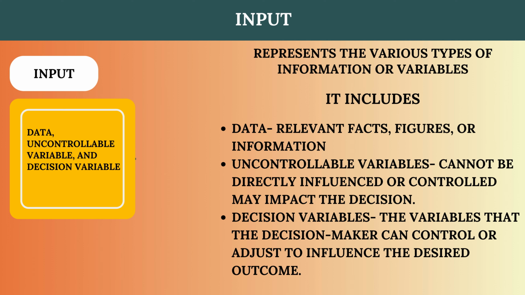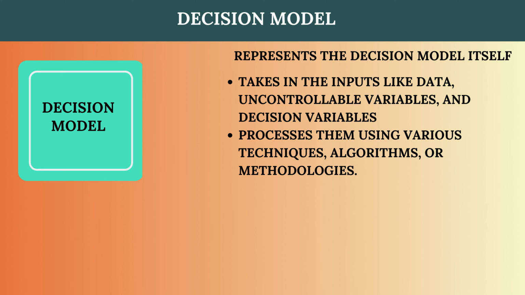Uncontrollable variables are the factors that cannot be directly influenced or controlled but may impact the decision. Decision variables are the variables or choices that the decision maker can control or adjust to influence the desired outcome. After input, there is the decision model, which is the central component that represents the decision model itself, which takes in